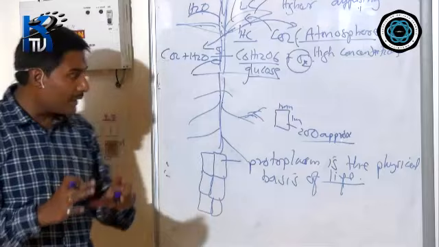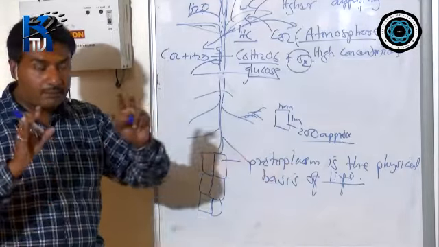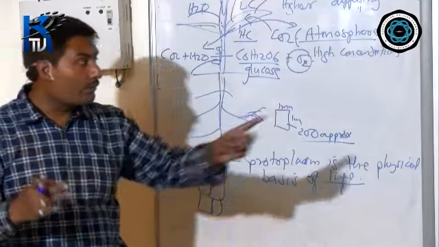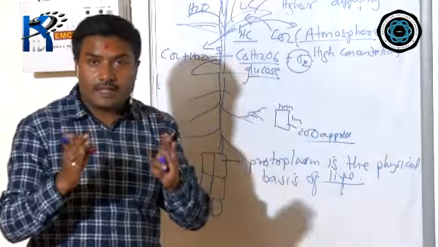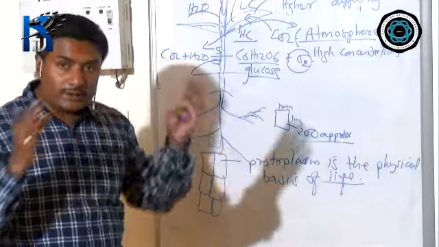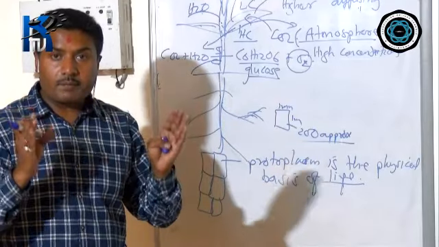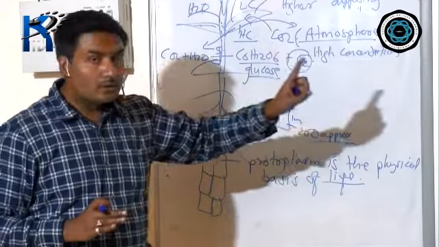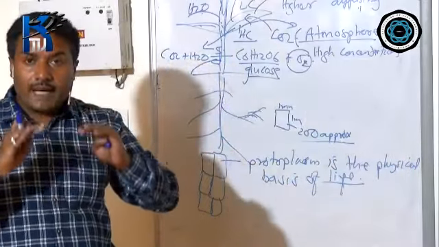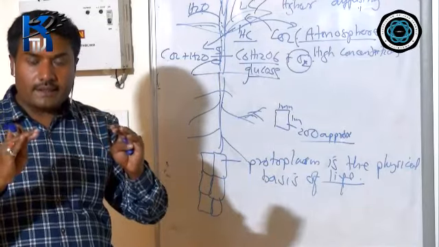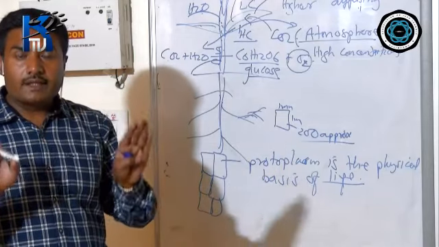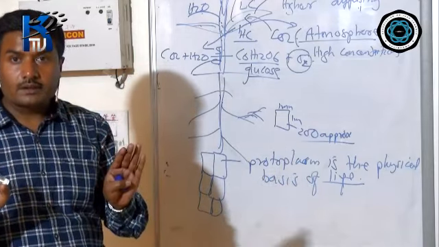So in order to keep the protoplasm in a living condition, what has to be there? There has to be an even distribution of ions. When I say ions, the charged particle of an element is referred to as an ion. So who distributes these ions evenly to each and every part of the cell? It is the water, and in the water also it is by the process of diffusion that the ions get evenly distributed.